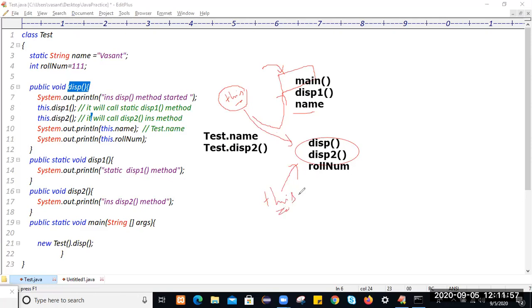This is a predefined reference. On that reference, from this instance area, we are calling the static method, this one, and the instance method, this two, as well as accessing the static variable name and the instance variable roll number.